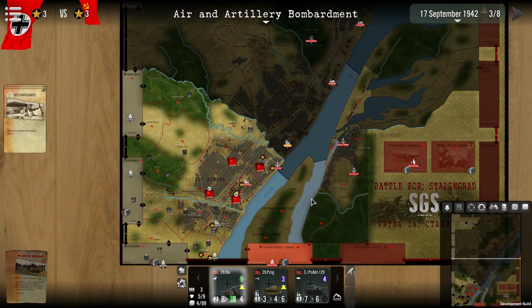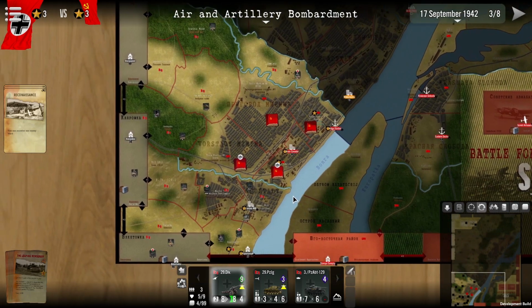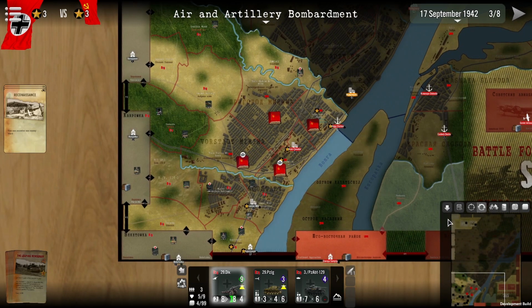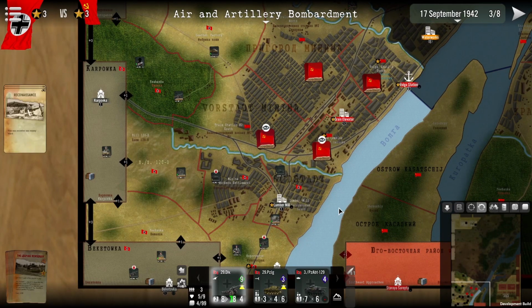This tutorial focuses on teaching you how to use the air artillery bombardment mechanics, as well as a short explanation of stacking filters and other filters that we find over here. So to begin, filters are a very important part of the game, as they do help to give more information